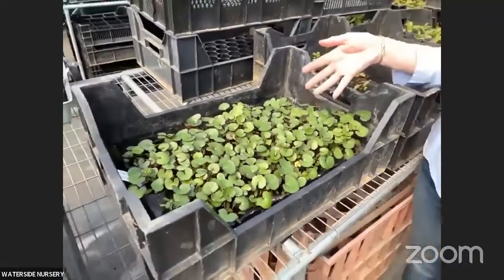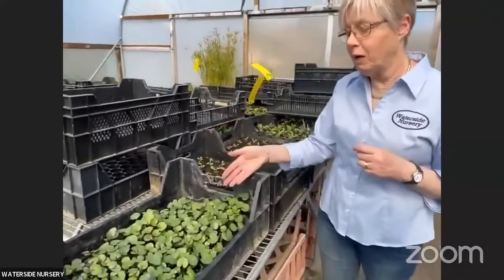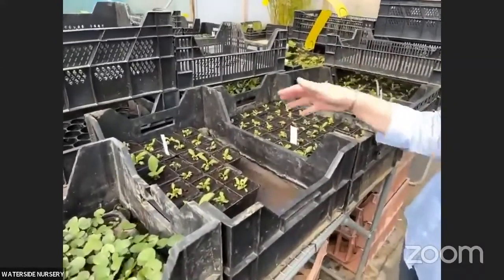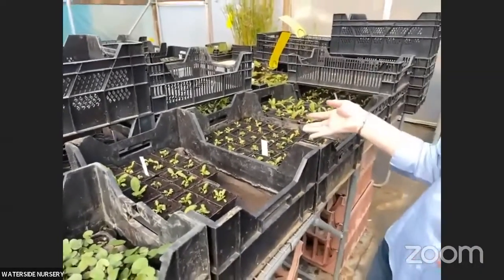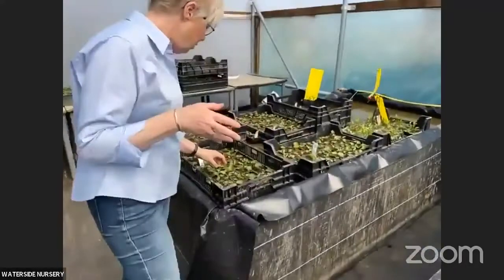This Ligularia comes really well from seed. And they're just kept moist because they are not a water plant. They are a moist plant. And then as we look through, these primulas are just moving on into their next stage. Again, moist plants. So what we're trying to get across to you is that when we say we grow our own, we really, really do. Because then they move on into